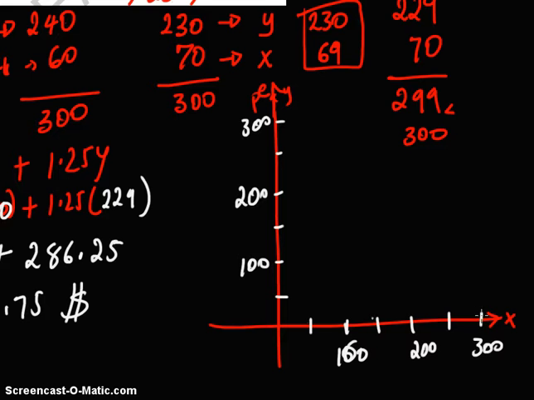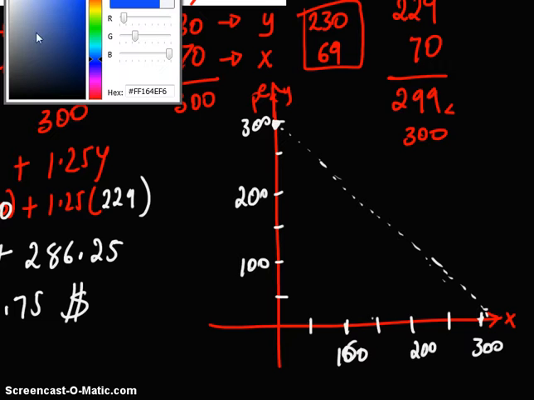So we know that x plus y is equal to 300. So the y and x intercept will be right here. We can draw a little dotted line because they can actually equal 300. That's the first one. Now let's go ahead and change the color here, and then do